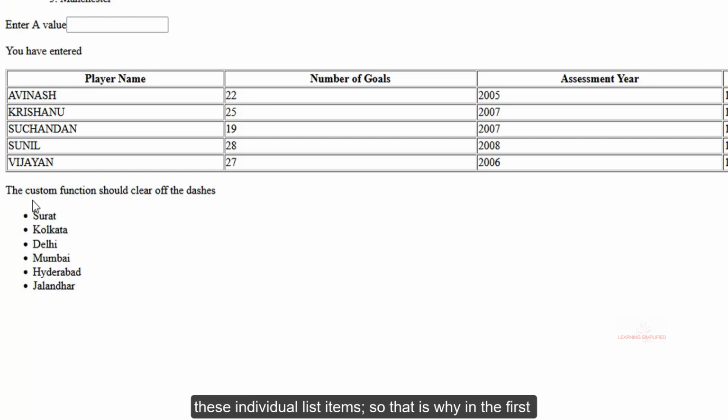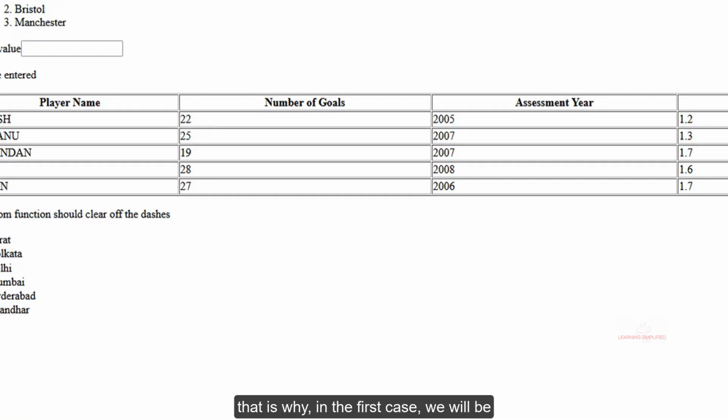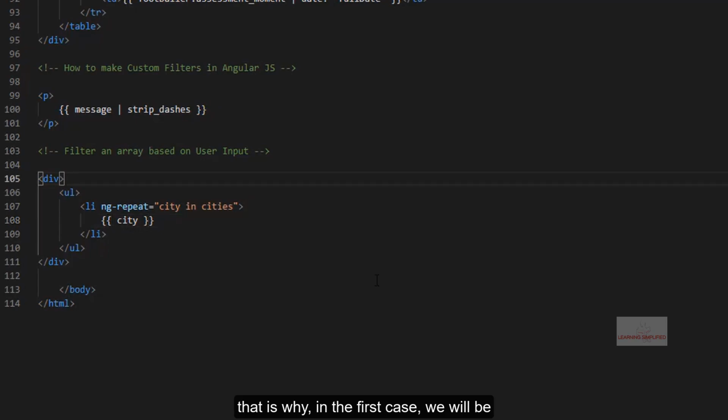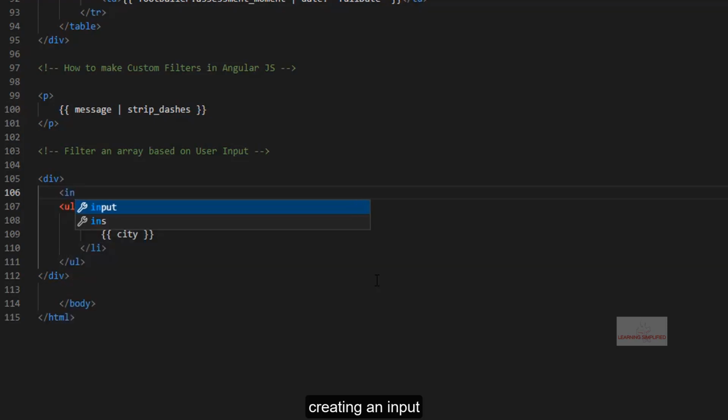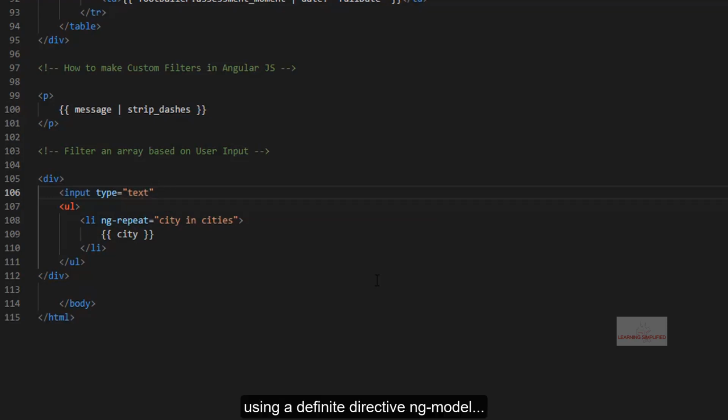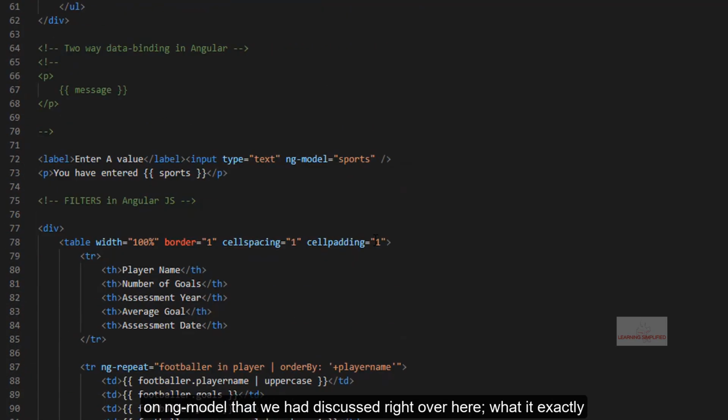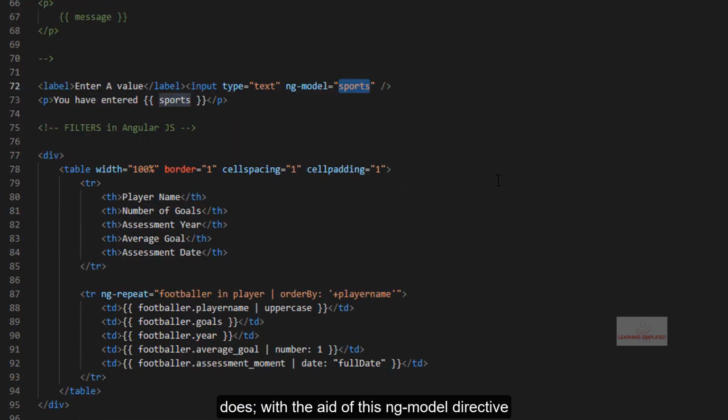So in the first case, we need to create an input field right over here. We will be creating an input. The type is text. Next comes using a definite directive, ng-model. In the previous case, we had a detailed discussion on ng-model, what it exactly does.